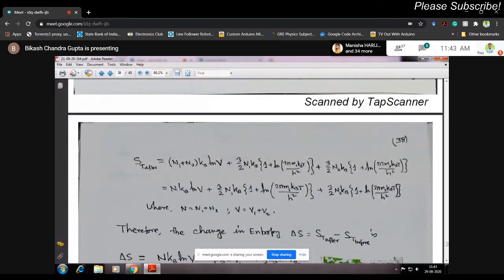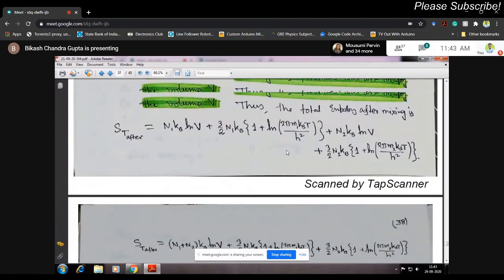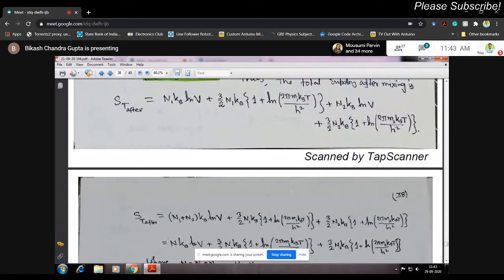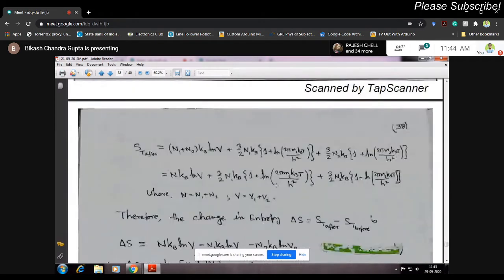So yes, after you just add them up, and you do by yourself. These things you do by yourself. Okay, you do the calculation. You can do the calculation right now, and you can just check. You do the calculation right now and check if this expression is correct or not.